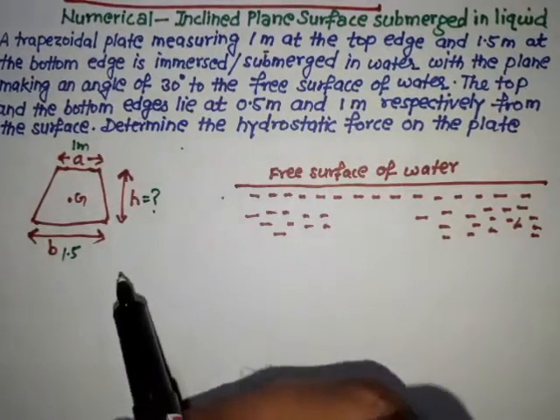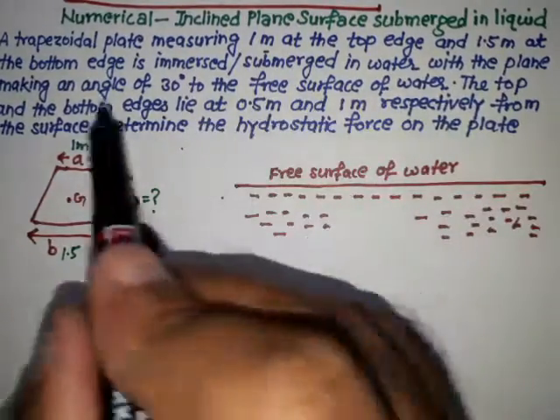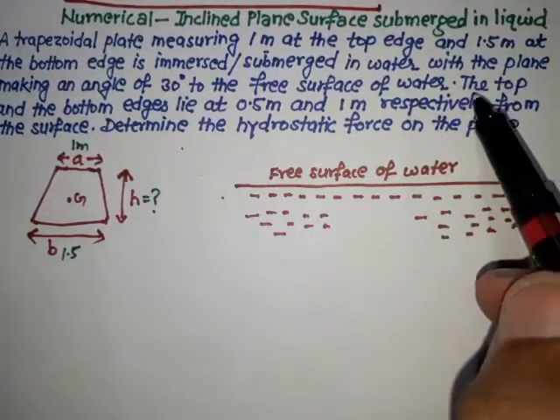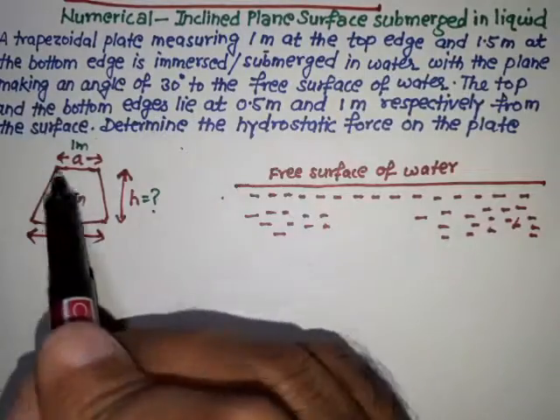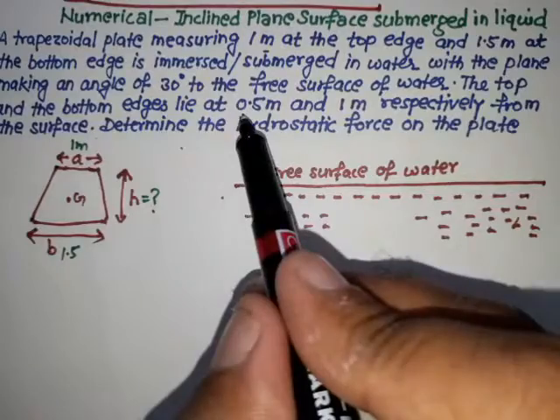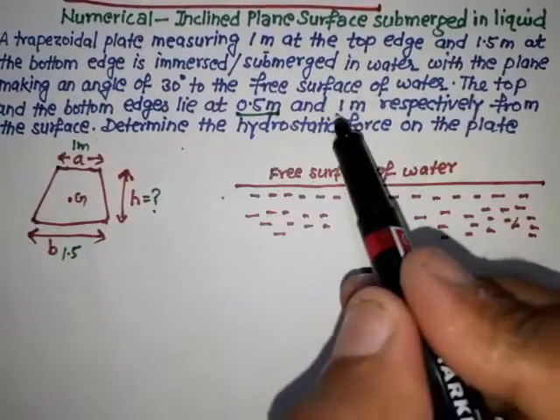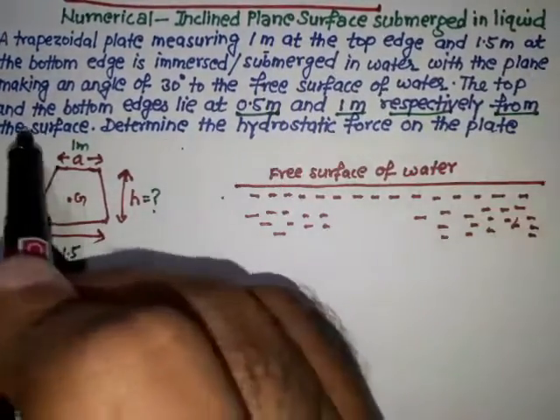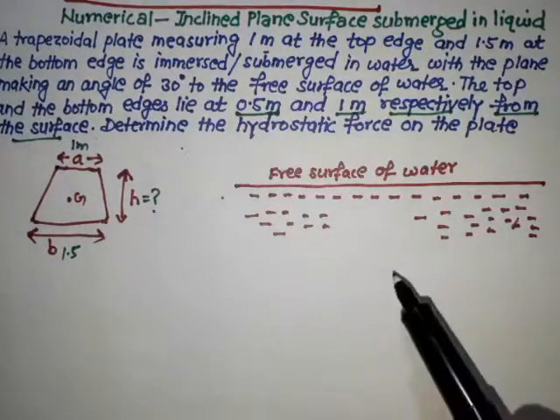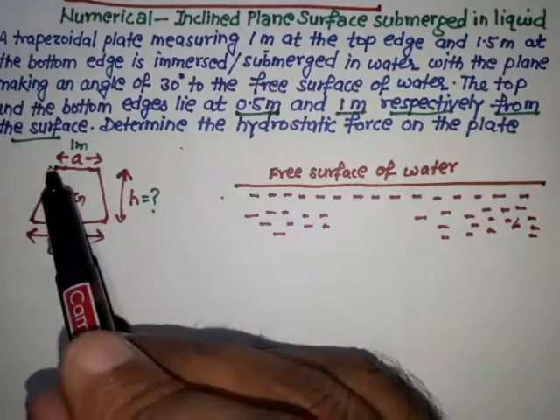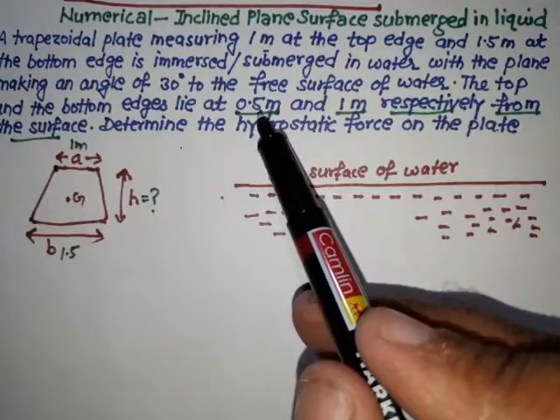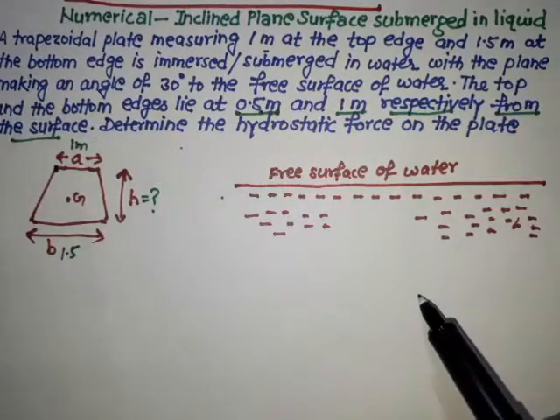We need to calculate this value, and the plane making an angle of 30 degree to the free surface of water. But next, the top and bottom edges, this is the top edge, this is the bottom edge, lie at a distance of 0.5 meter and 1 meter respectively from the free surface. So on the basis of the given statement, if we plot this diagram, the top edge is at a distance of 0.5 meter. So if I plot this point,